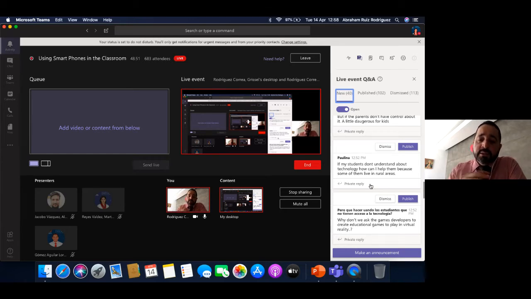Because the way they use technology, they use it without any idea that they can use it as a tool for education or for learning. So you have to create sessions where students learn how to use the smartphones, especially for their own projects or any assignment that you have for them.